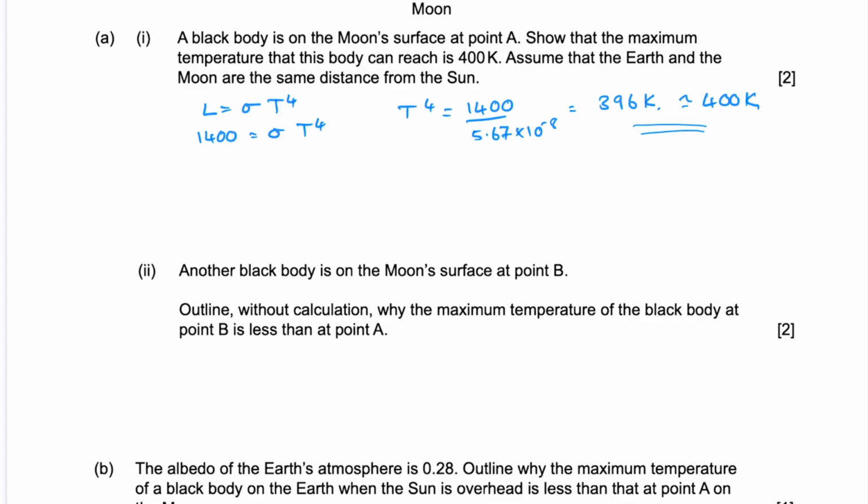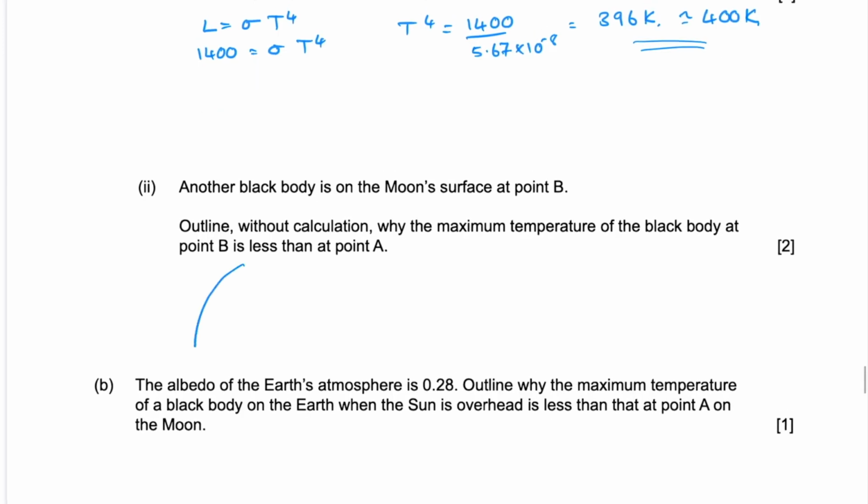A2. Another black body is on the moon's surface at point B. Outline without calculation why the maximum temperature of the black body at point B is less. Let me redraw it here. That's B and that's A. Let's have a think about this radiation as though it's a beam of light from a torch. Think about point A. This beam of light from a torch is going to be incident on the moon's surface at A, and it's going to give us a small circle. If we take that same beam and it's incident on a point at B, that circle is going to be bigger because it's spread out, which means the energy